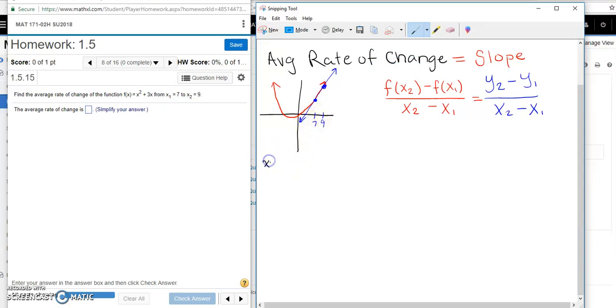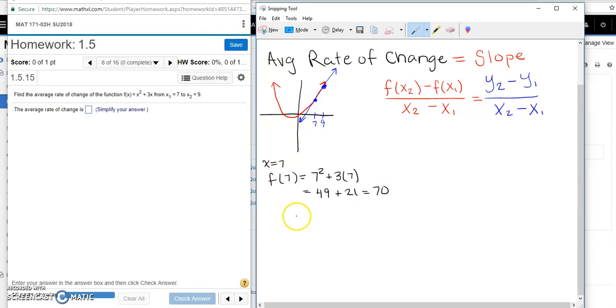Okay, so if x equals 7, I'm using my equation here. Okay, f of 7 would be 7 squared plus 3 times 7. So 7 squared is 49 plus 21